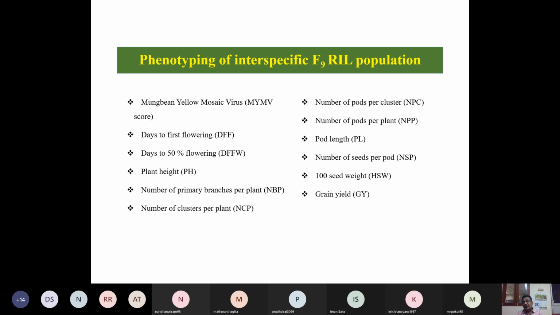Like rice, we have grain number. Here, number of seeds per plant. So there are many characters, not like rice. In the case of mung bean, there are many characters. Still, it is not fine mapped. Still not been cloned because of a lot of restrictions, less genome variability in the mung bean genome compared to other cereal genomes.